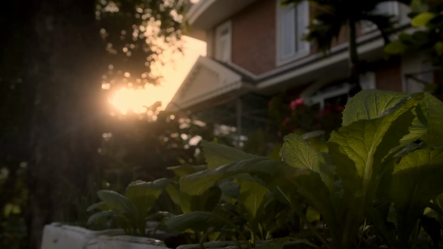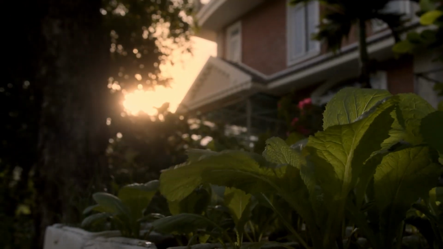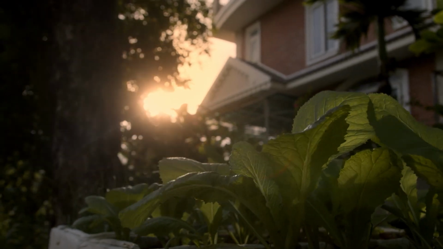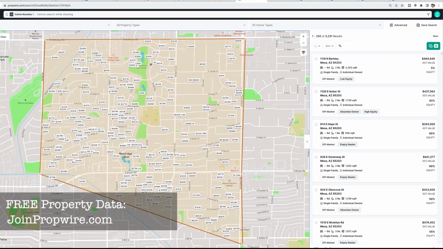What I tell people to do is go talk to cash buyers, figure out what they want to buy, and then target those areas. So for example, I talked to a guy named John. He's a buyer. I say, John, what do you want to buy? He says, I want to buy houses that are 3 bedrooms, 2 baths, no bigger than 2,000 square feet in this area of Salt Lake City, Utah, for example. He could even say, I want to buy them only in the city of Sandy. So what I could do is filter my leads for absentee owners in Sandy that meet that criteria and start